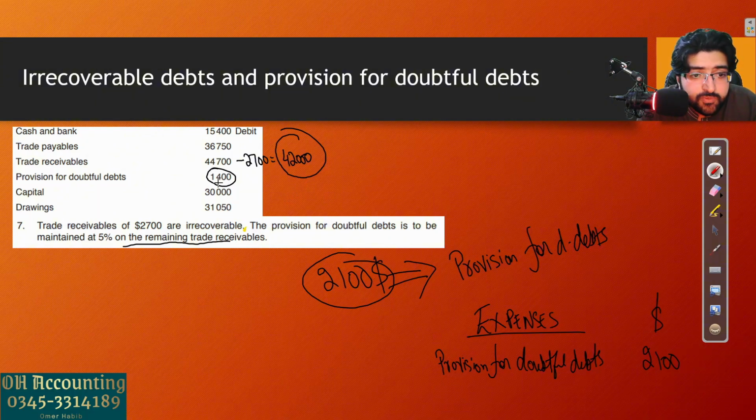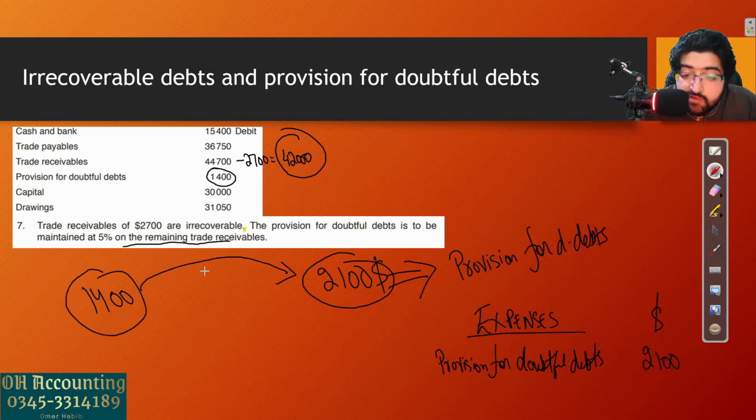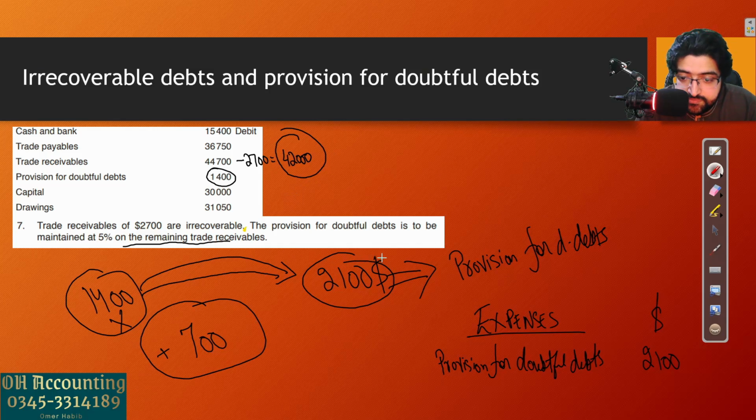So now your provision has changed to 2,100 from 1,400, which is a bad thing. Previously we were expecting our trade receivables not to pay us 1,400, but now we are expecting them not to pay us 2,100. So the provision has increased by 700. This is bad for us, right? So I will record only the increase in provision, which is $700